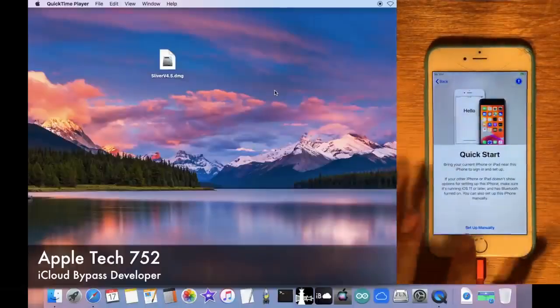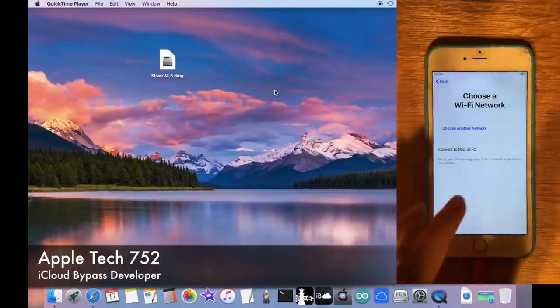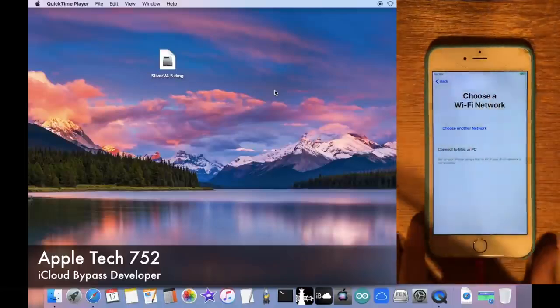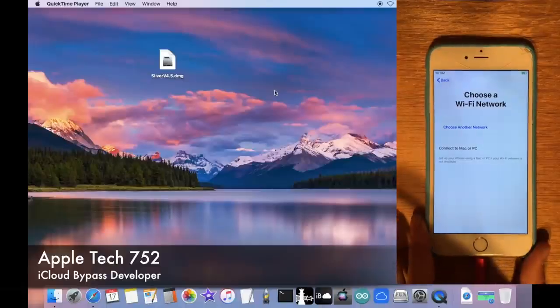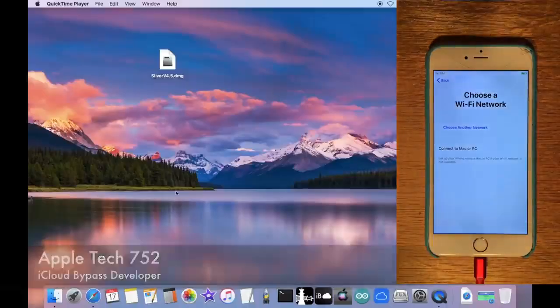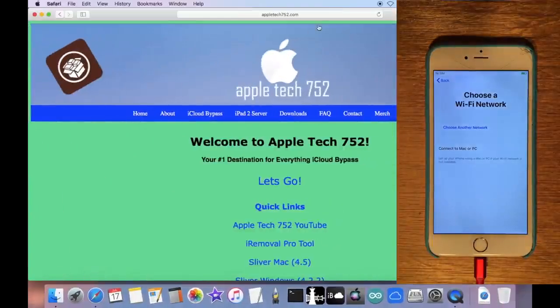I'm going to go ahead and hop into the menu here. I'm in the mountains where there's no Wi-Fi, so I'm not going to be able to pass the Wi-Fi network page, but I've used this device in many of my previous videos, and it's one that's locked and I don't know the password. So basically, we're just going to head over to my website, appletech752.com, and scroll down to where